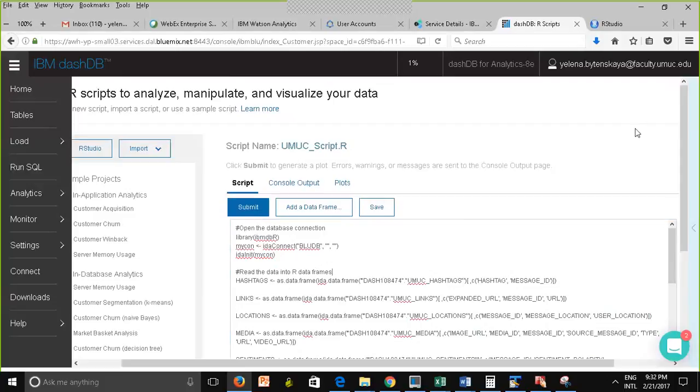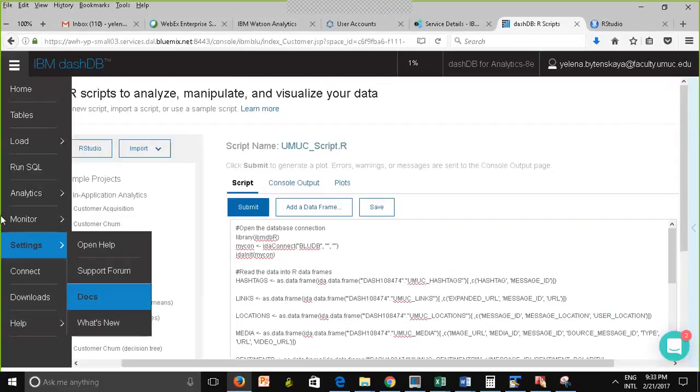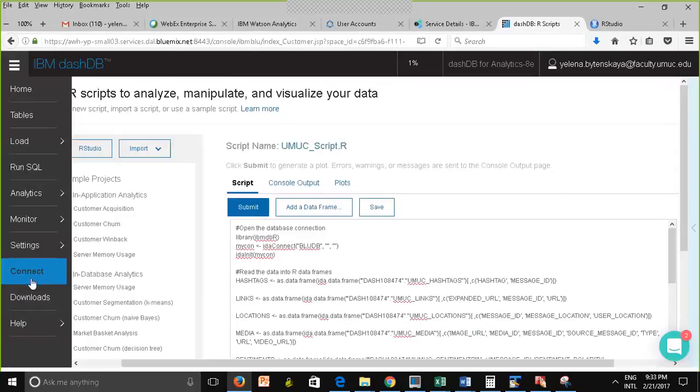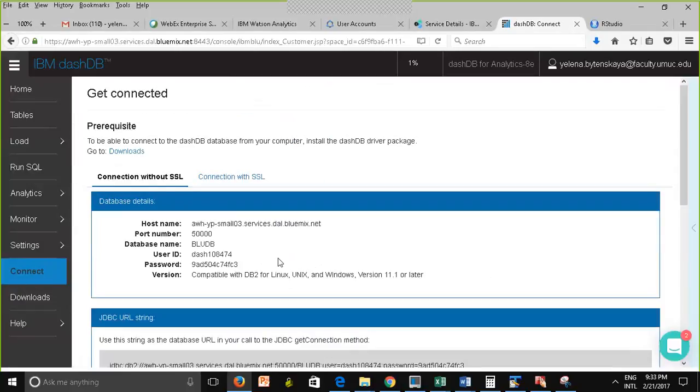So now, do you remember where to get your credentials for RStudio? It's right here, right? Connect, this page. So you want to write this down. And another reason you would need this, well, you probably won't be able to unless I set it up for you.